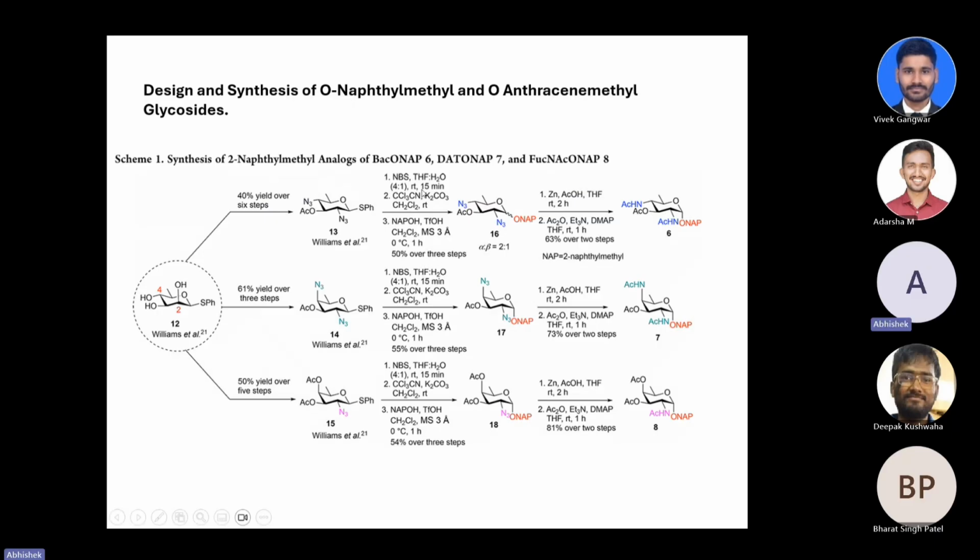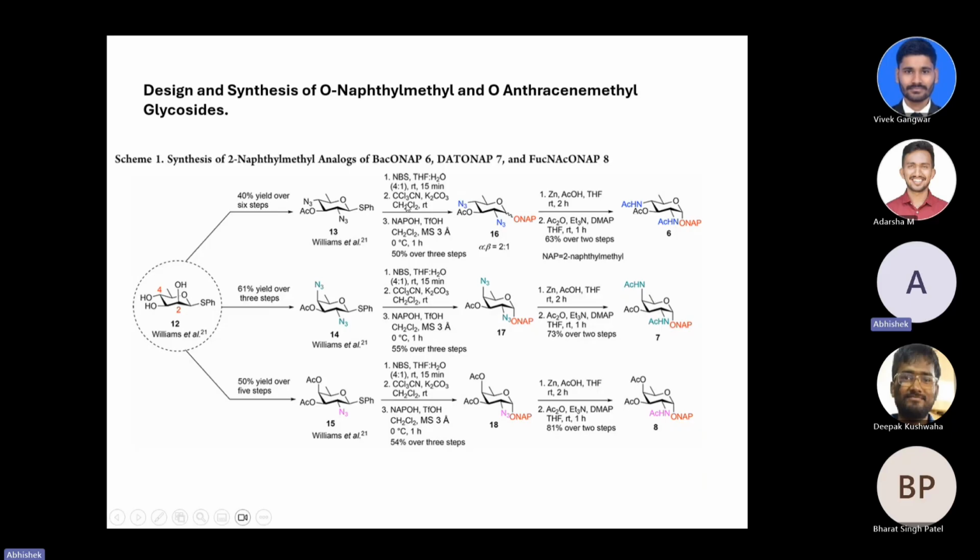Coming to the synthesis of these molecules, how these O-naphthylmethyl and O-anthracenemethyl glycosides are derived. Starting from this thioglycoside reported by William et al., in this paper, after 6 steps, up to 40% yield, this C2 and C4 diazido compound formed. Then taking these molecules in the presence of NBS, THF to H2O, the reaction time is 15 minutes, converted into hemiacetal, and then